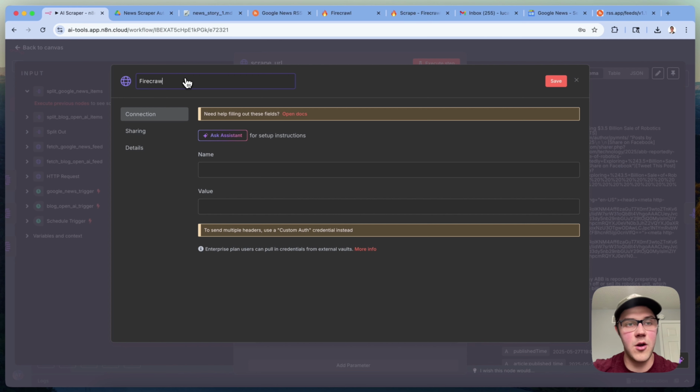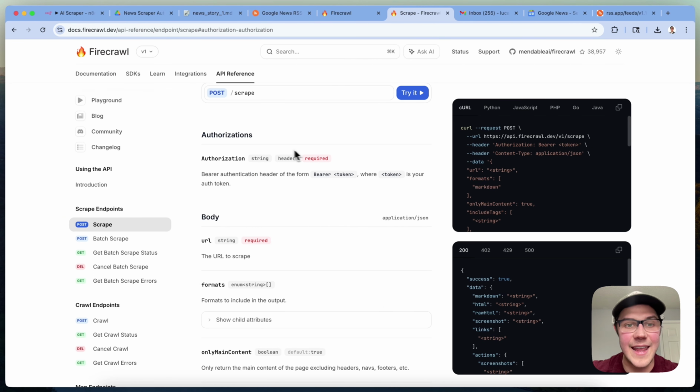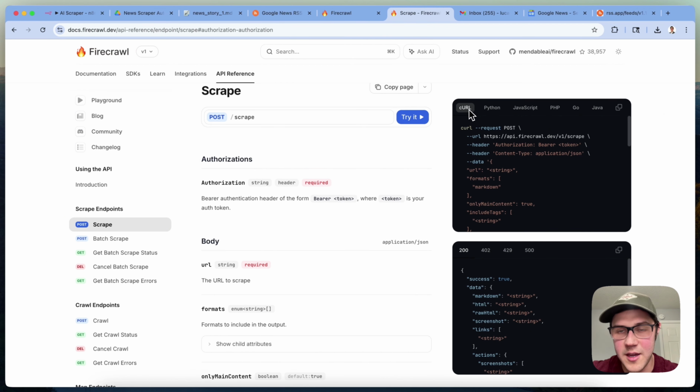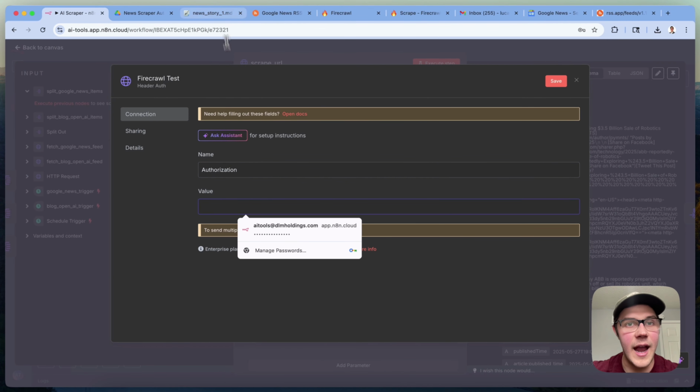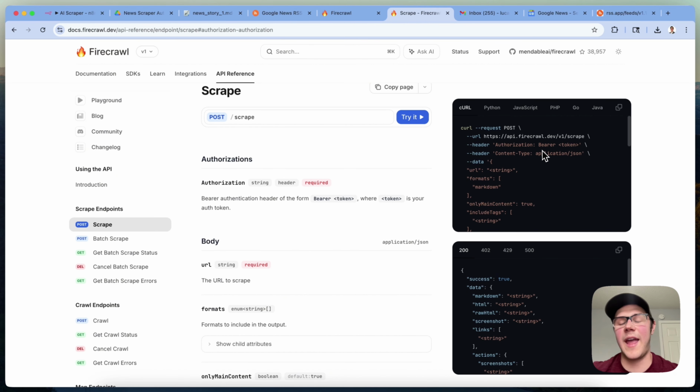Let's go ahead and call this Firecrawl test. And we're going to paste in authorization, because according to the docs, that is the name of the header we're required to use. So we see that right here. If we also look here where it says curl, we can see that the header is being specified. Before this colon is going to be the name of the header, which matches what we pasted in. And then the second part is going to be where we actually configure our API key. They're using something called bearer token auth. And so what this means is we have to grab bearer. We'll copy that,